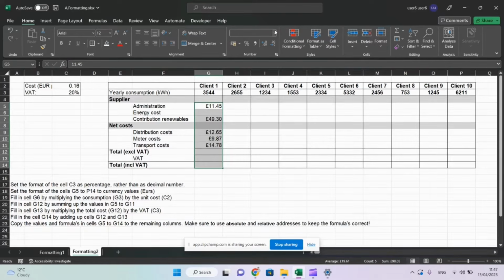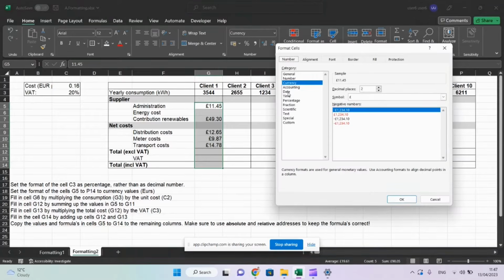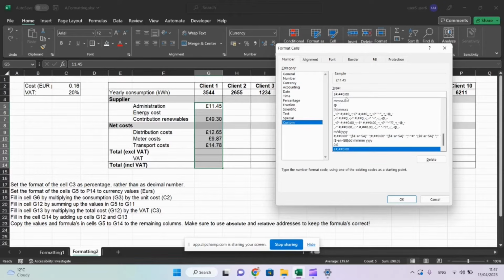Now it's in pounds, but we're going to be more specific and click on more number formats. And here we have a whole bunch of different options. Click on custom and we can see the kind of code we want. EUR. Or if you have the euro symbol somewhere on your computer, here we have the euro symbol. Let's just take this one